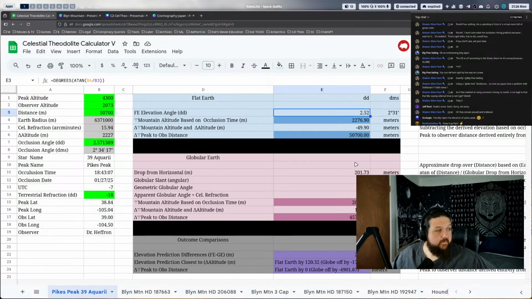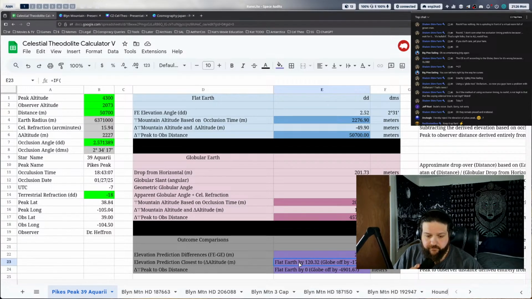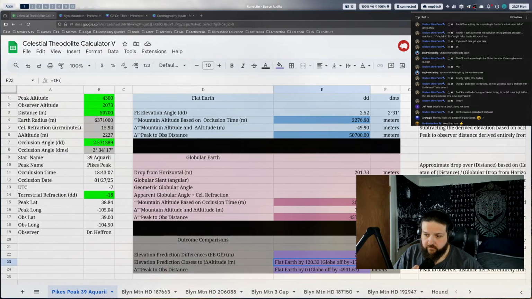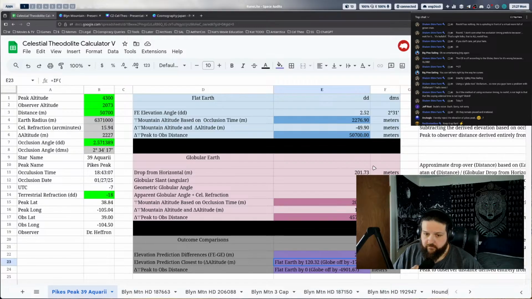Okay, so the bottom number, right? When you guys say you're spot on for peak to observer distance. Sir, the bottom number. Let's see. Yeah, the one right below that, or any of them, I guess, would work. I think he's confused on what the predicted occlusion time would be, meaning that it would be different based on the globe model, and that's where the deviation would be, not necessarily the measurements of the angles themselves.